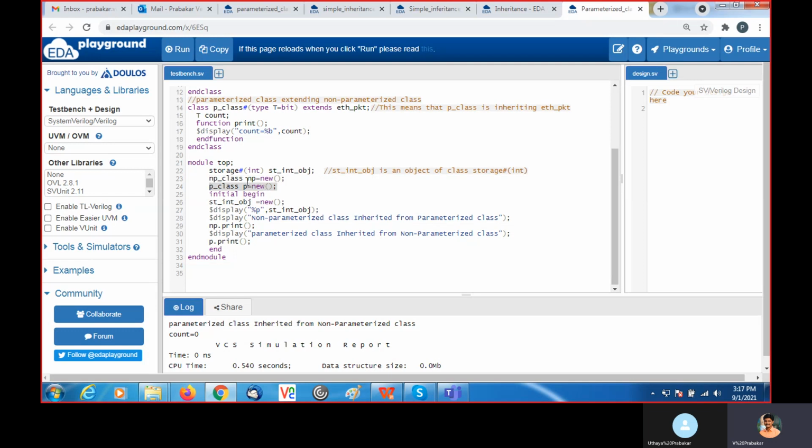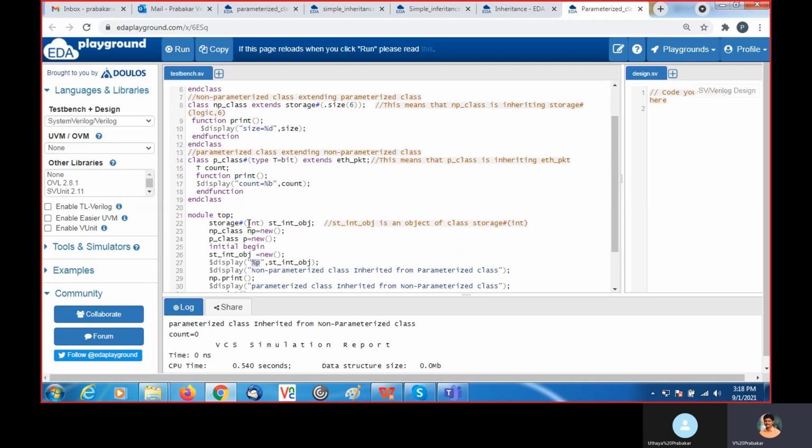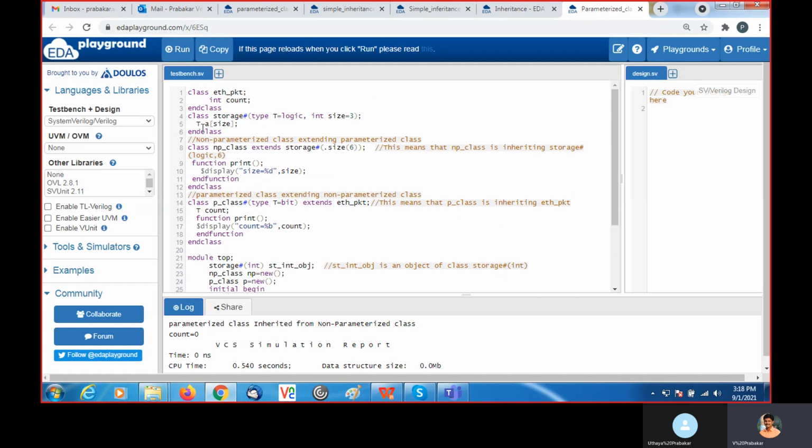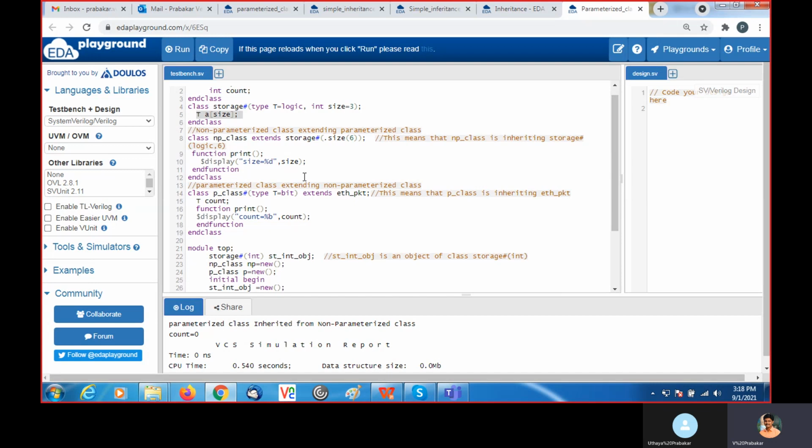During the instantiation itself, we can assign the new. The dollar display percentage p st. Here percentage p is used to display in packed format. So it will display this one.